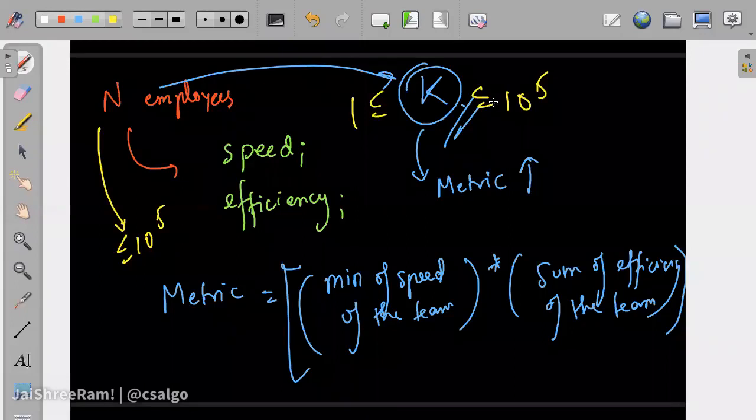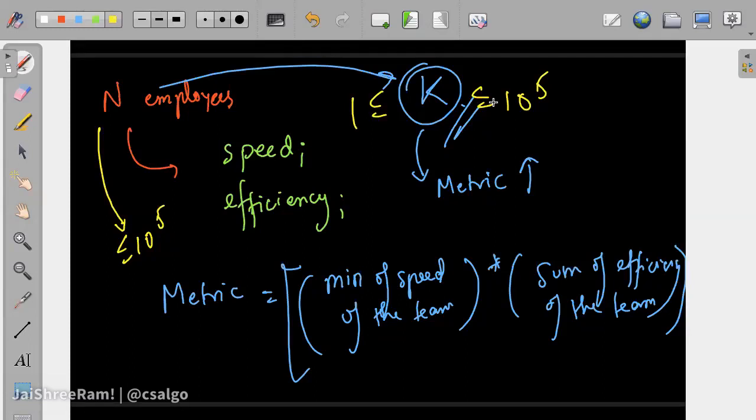Okay, that seems like a good option, because in that term Ti is going to get multiplied with Ei, so it somehow works dimensionally, but this is not exactly correct, because that person's speed is not going to be its own speed after it gets into the team, right? It's going to become the minimum of the team. So it's not exactly correct.